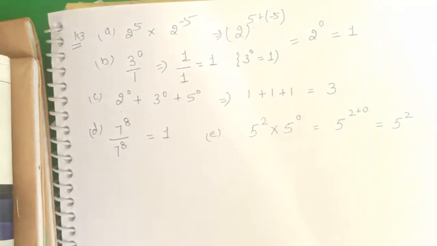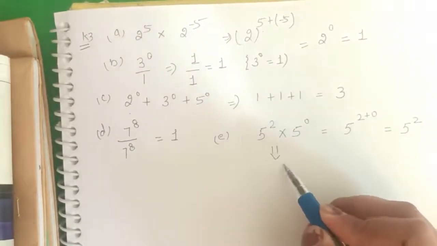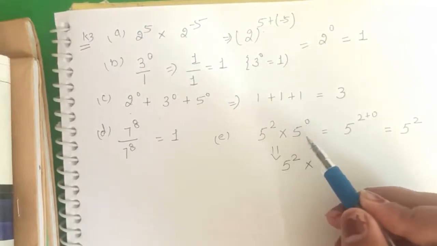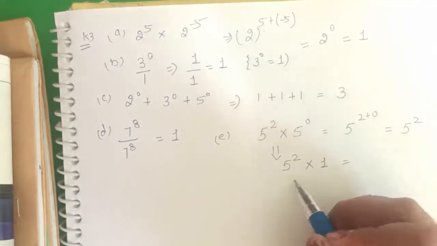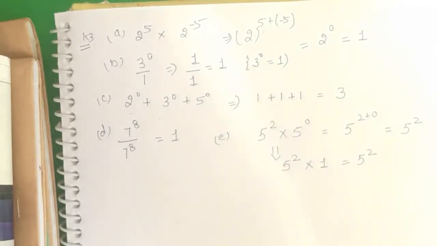You can use one more method, that is 5 to the power 2 multiply 5 to the power 0. We know when the power of any number is 0, then it is equal to 1. And when we multiply any number with 1, the product is the same number. Clear? See students, in maths there are so many methods to do one question, but the answer will be the same with every method. You have to remember which method you will apply on the question and which is suitable for that.